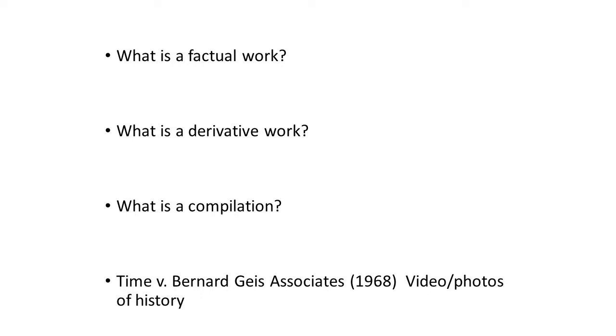It could be a historic book. It could be a scientific book. How it is presented or expressed is copyrightable. Okay? So if you're writing a book about George Washington, the information in it is factual. That is not copyrightable, but the book itself, how it is presented or expressed, is copyrightable. Okay? You can make a documentary on President Kennedy. The factual information in it is not copyrightable, but the work itself, the documentary, is.